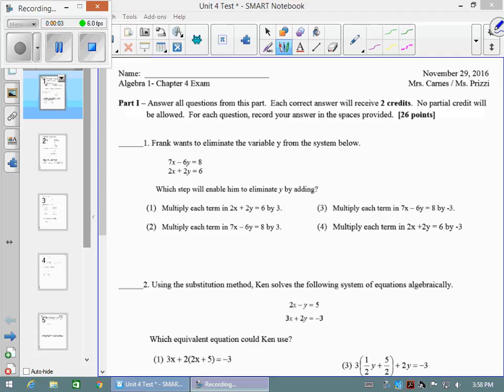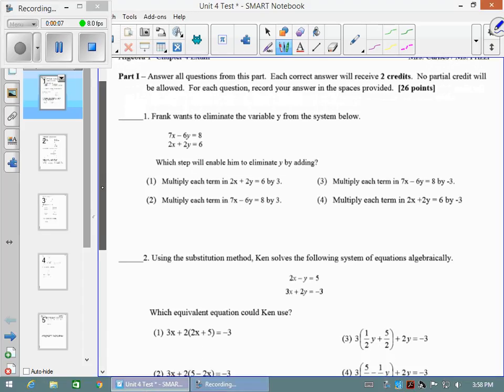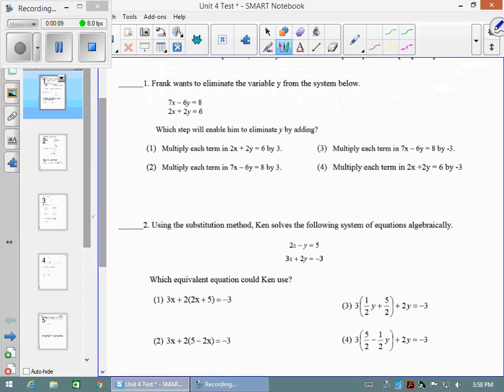So for number 1, it says Frank wants to eliminate the variable y from the system below. So which step would enable him to eliminate y through adding? So first it says we could multiply each term in the bottom equation by 3. So if I multiplied everything here by 3,